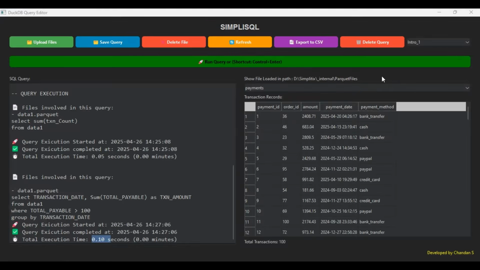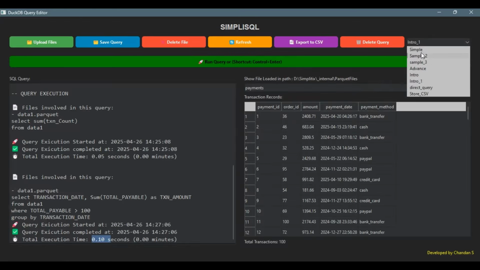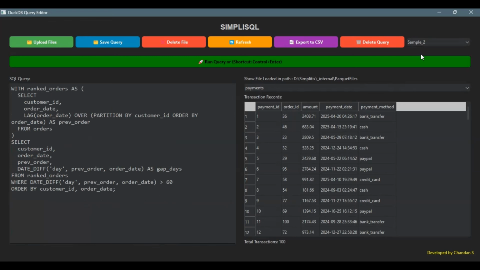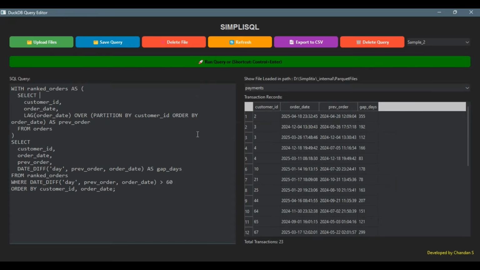Let's see some of the other queries I have already stored. So let's take sample 2. So you can see with DuckDB you can do a normal direct query from the table, or you can do CTEs also. In this code I have run the CTEs, and when I hit enter, you can see it will give the